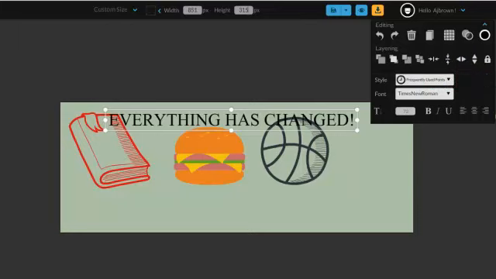And the cool feature I like about this, so let me just go back to the page, but don't worry. The cool feature I like about this, if you have an image that you wanted to crop and take off the background, you can do that, and there's training videos that will show you how to do that as well. Again, you can change the font size, you can bold, you can underline it, and you can make it italic, right, center, left,